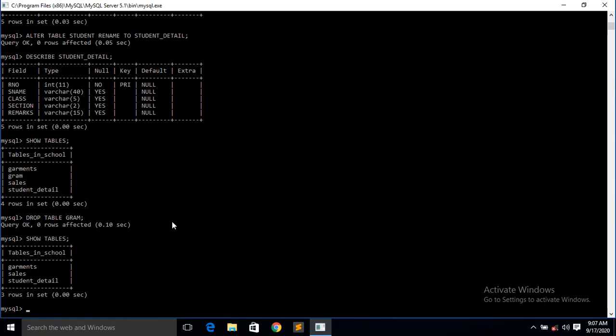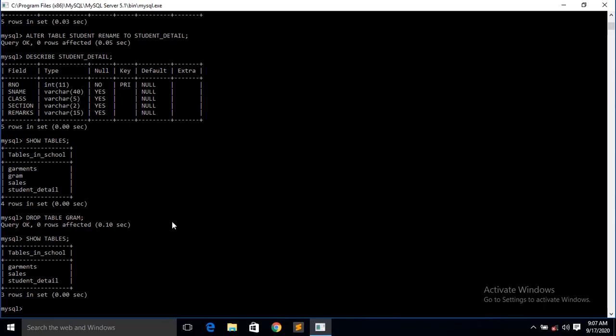Now in my student details I want to add a constraint, and I want to delete a constraint. To add the constraint you have to give alter table student add, then you have to give the constraint name, and in the bracket you have to give the field name, and if you want to delete you have to give drop.